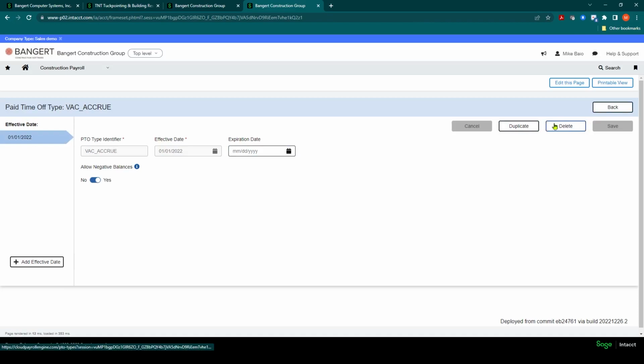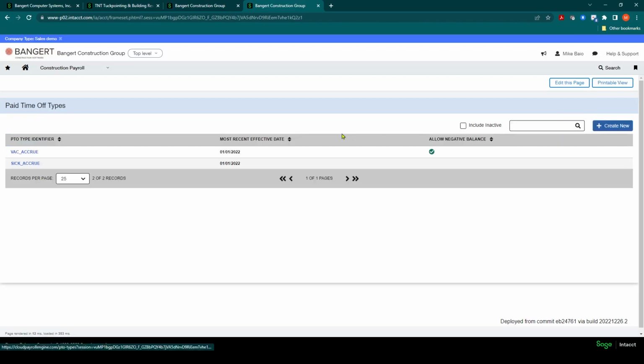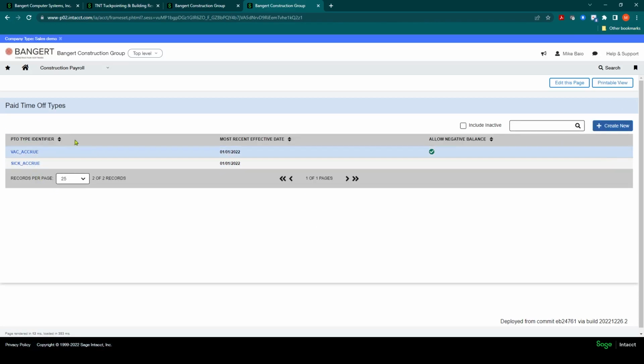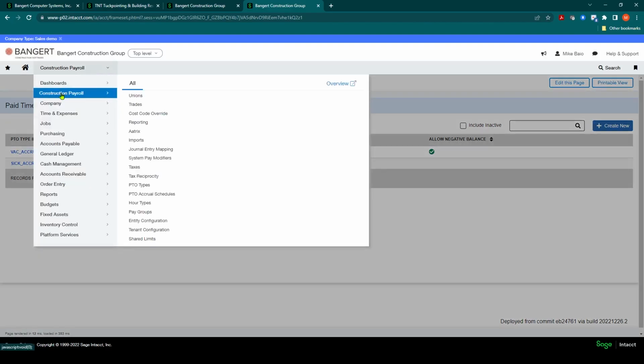So when you create a new one, you'll have an effective date, a description or an identifier, and you'll also have an option to allow negative balances. So if you want to allow negative balance as far as employees taking more vacation than they have earned, you'll want to check this to yes. You'll click Save, and after you have established your PTO types,